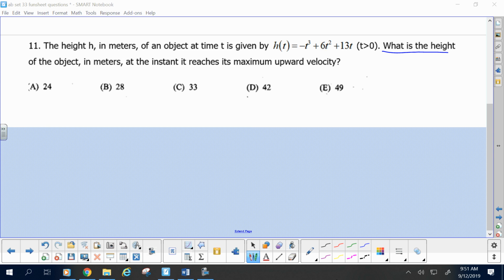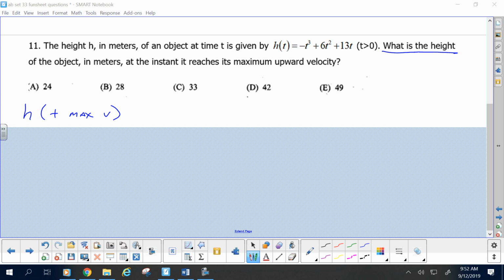So the question is, what is the height when it reaches its max velocity? Not the time it's at its max height, the time when it's at its max velocity. So when it's going absolutely fastest, what's the height of it? Okay? Now,